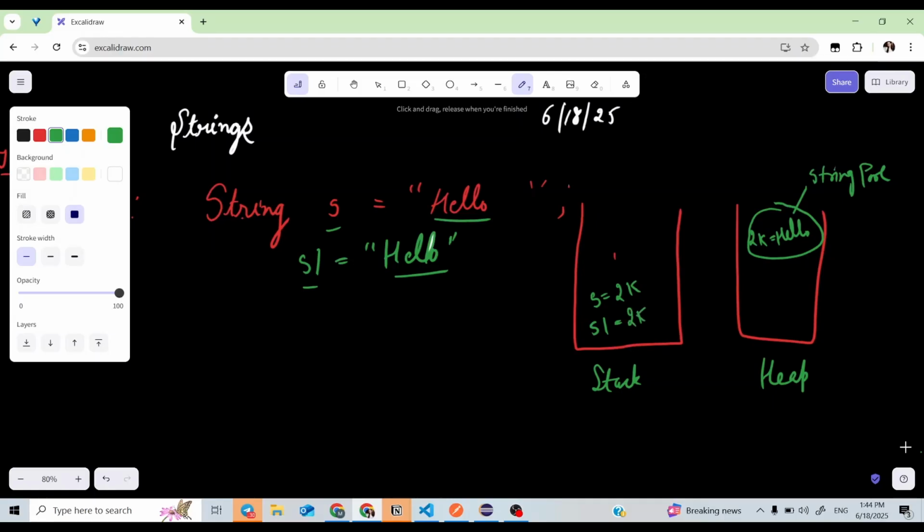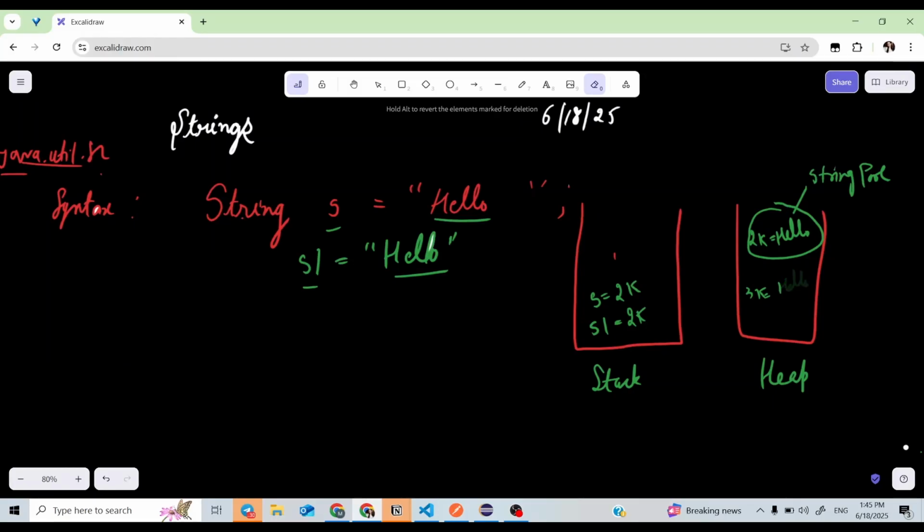It will not happen that at some 3k memory location the same word hello will be made. So the string pool removes that duplicacy. The same word hello will not get repeated. In the string pool, one hello at one memory location is shared by both the strings, s and s1.